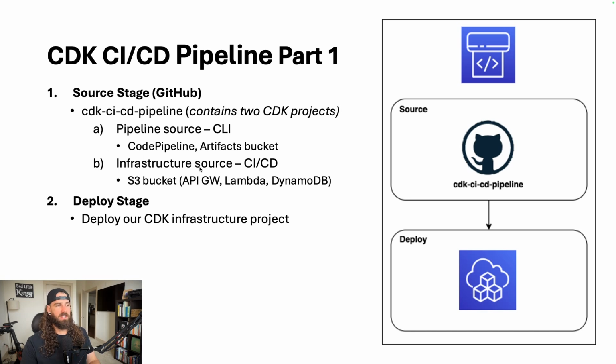However, the point of this infrastructure folder is meant to house any serverless infrastructure that you would want to build for maybe a front-end web application. So your API Gateway, your Lambda function, your DynamoDB table, basically things that are going to be changing more frequently than the CodePipeline itself. And then any changes that get pushed to this repository will pull from this infrastructure source, and then we'll just automatically deploy it.